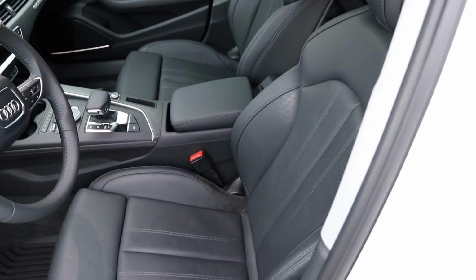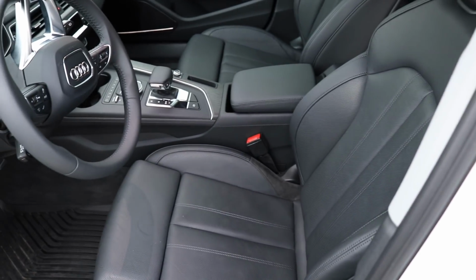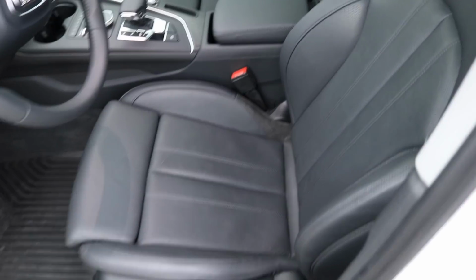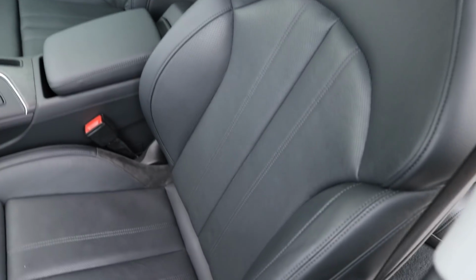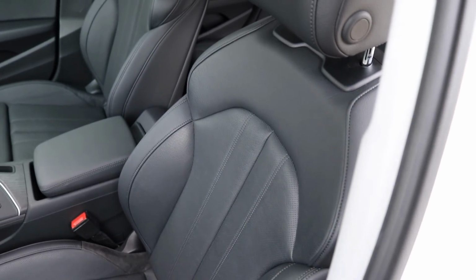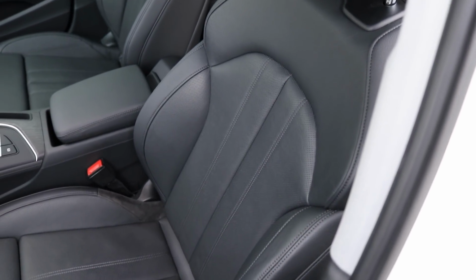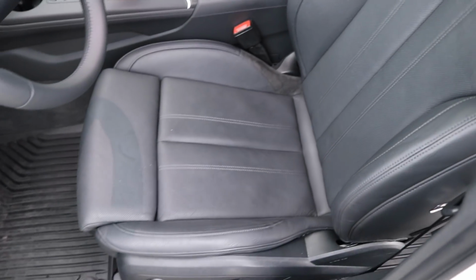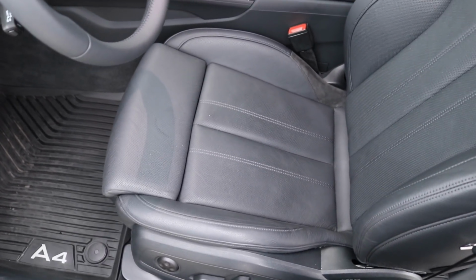The bolsters keep you in the seat when you're doing a little bit more spirited driving, and if you opt for the cold weather and warm weather package, these would be ventilated and heated, and I appreciate that. Here in Texas in the summertime, the seat cools down quickly, and in the wintertime we've been having some bouts of colder weather,